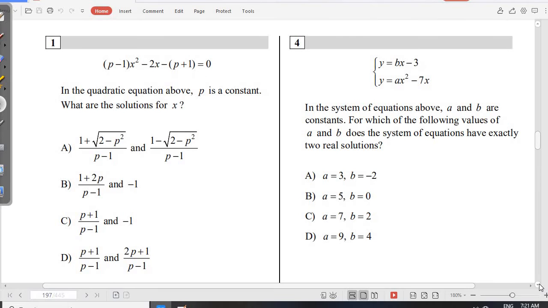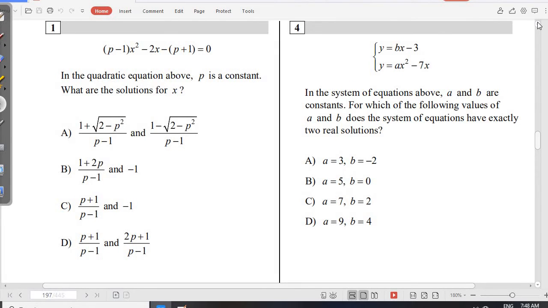So now let's return back to the question. In the system of equations above, a and b are constants. For which of the following values of a and b does the system of equations have exactly two real solutions? I said what you need to do is replace y with bx minus 7. So for it to have two real solutions, that means the discriminant